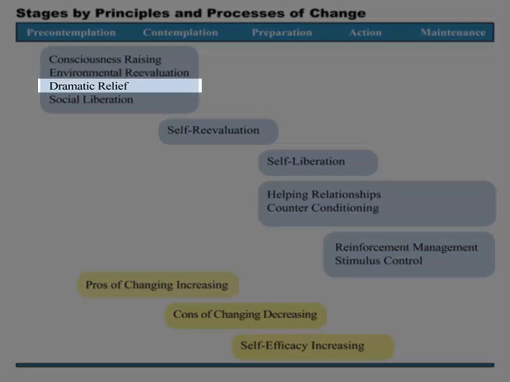Dramatic relief. This is when Gary has an emotional episode consisting mostly of fear or dread because of consciousness raising. A feeling of euphoria may follow upon learning of solutions to his problem and that others have had similar experiences. Social liberation. Gary thinks bigger and realizes that society at large would treat him better and be better if he were to behave differently.